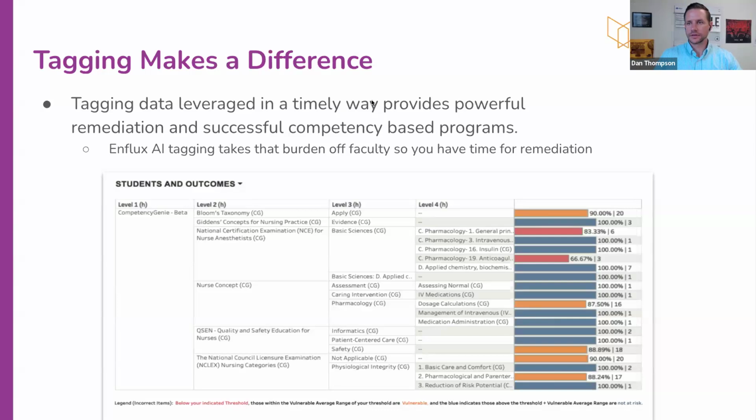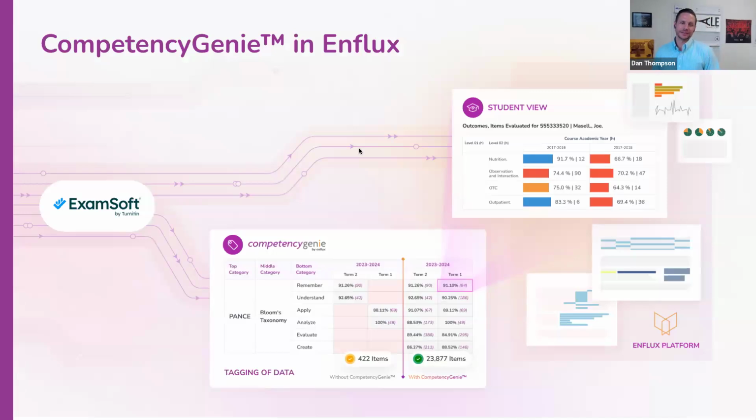Yeah, to add to that too, tagging can be an arduous process, and so often faculty spend hours and hours and hours clicking and doing a lot of tagging, only to never see that really come to fruition. And so the neat thing, especially about the report on the screen, is that it puts all the hard work and makes it come to fruition. But like you said, some of the AI tagging can help make our lives a whole lot easier.